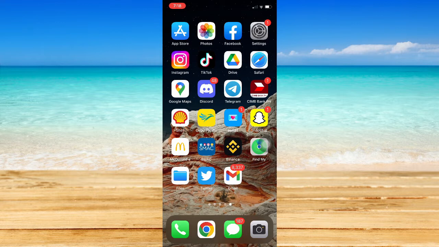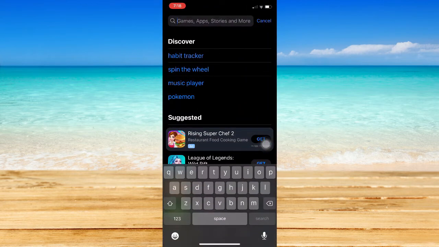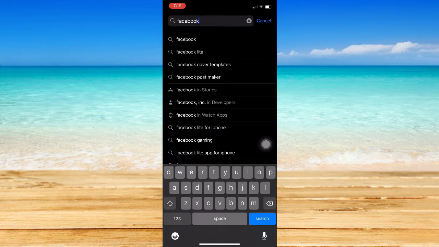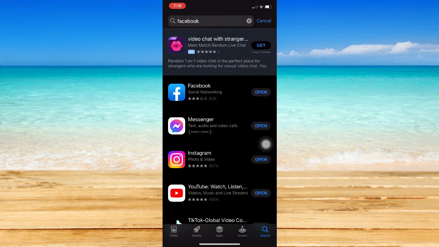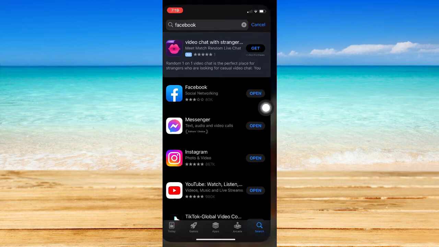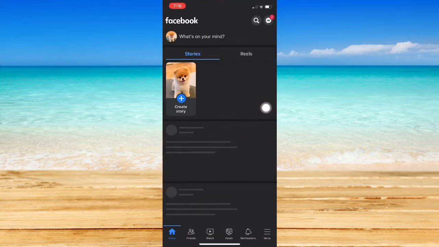So let's begin. Before we proceed, make sure first that your Facebook app is up to date. If not, please go to your App Store or your Google Play Store and then search for Facebook and make sure to click on that update button if it is available. And then, once you have done updating your Facebook, you may now click on Open and wait for it to